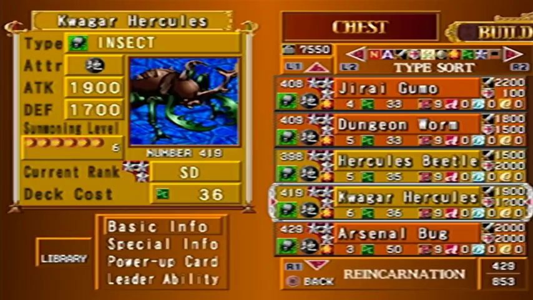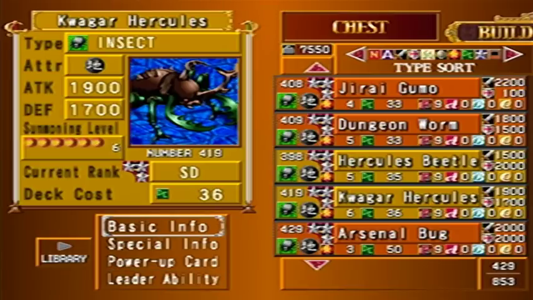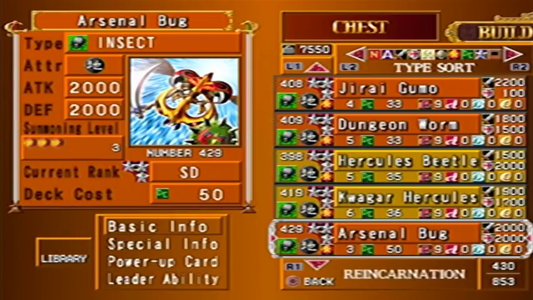Level up like a Hercules Beetle or Quagga Hercules, I recommend, because if you look at their leader abilities quickly here, you have increased strength for same type friendlies, which caps out at 5, so you want a level 5 deck leader. But don't have it too high a rank. If you have Secretary of Defense on your deck leader, it'll keep giving you cards like Ryoku and Mirror Force